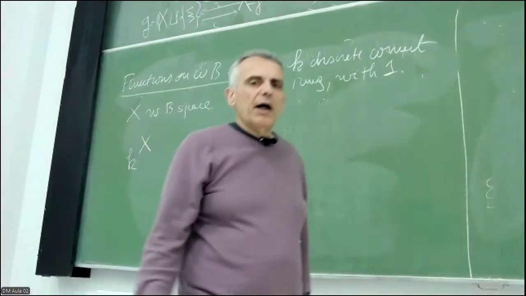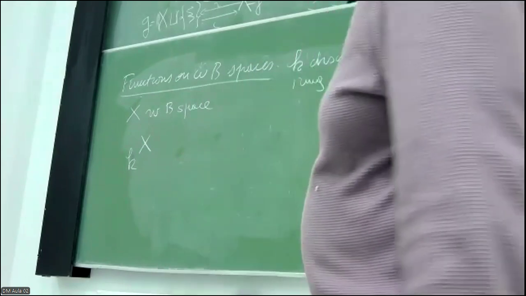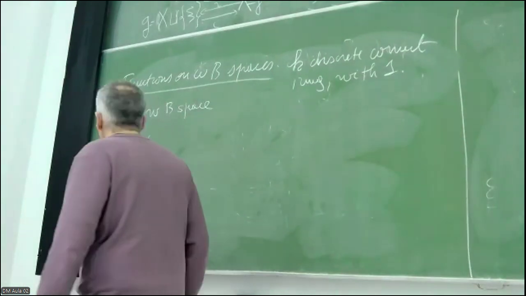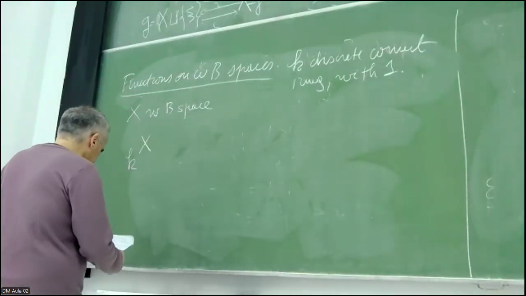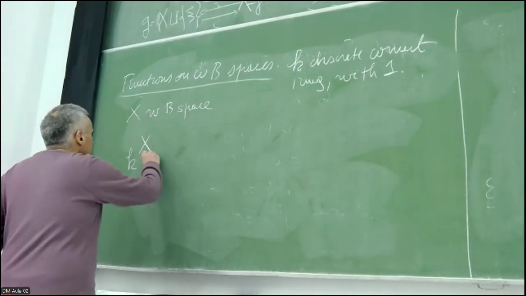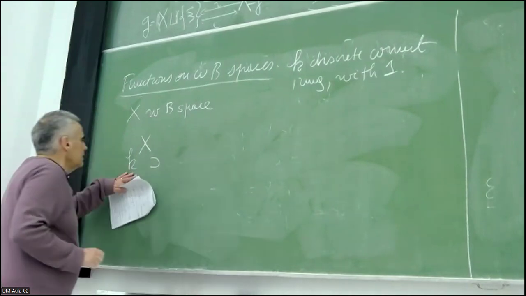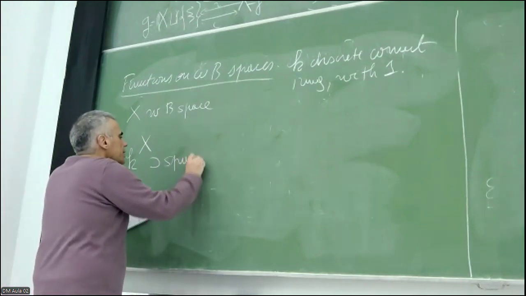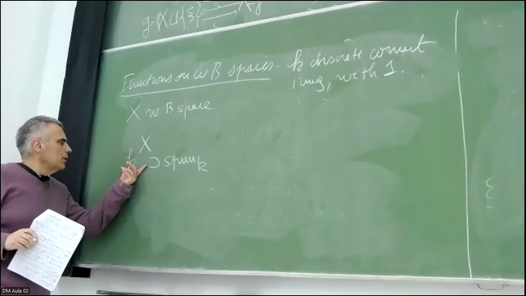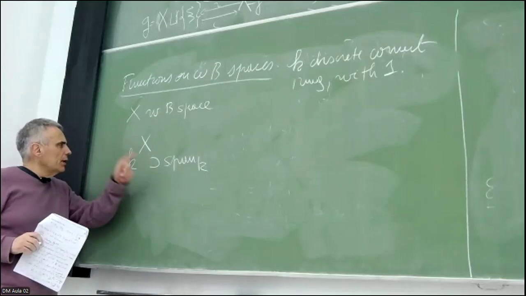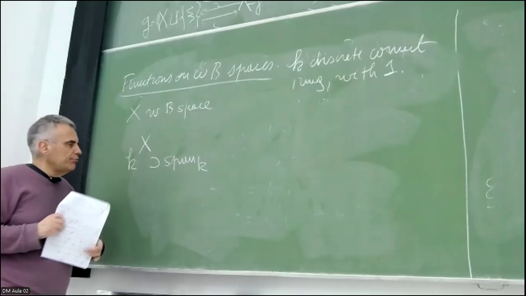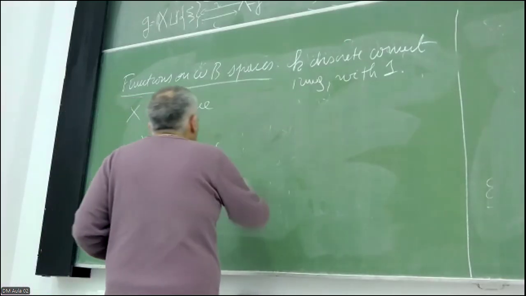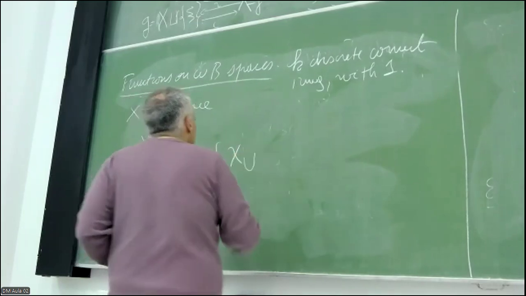The set of all functions from X to K, we denote K^X. Right. So this is too big. This is a K-module with operations defined pointwise. So in this K-module, we take the sub K-module generated by